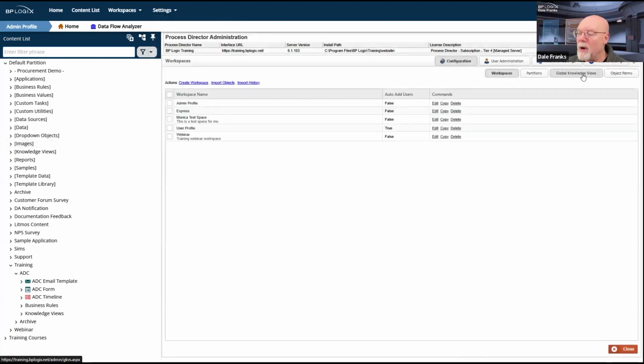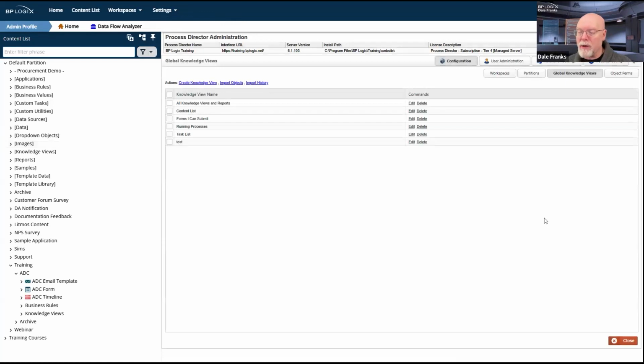If we go into IT admin and we go into global knowledge views. Oh, and by the way, can we talk about something? Now that I am in IT admin, my content list is still visible. It doesn't disappear like it did in all prior versions when I go to IT admin. If I want to navigate directly from IT admin back to where I was or back to a specific folder, I can now, because the content list is permanently pinned here, and it's not going to go away and force me to start from scratch all over when I get done with IT admin. I can do what I need to do here and leave.